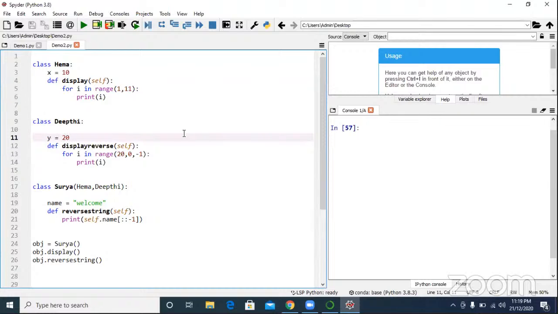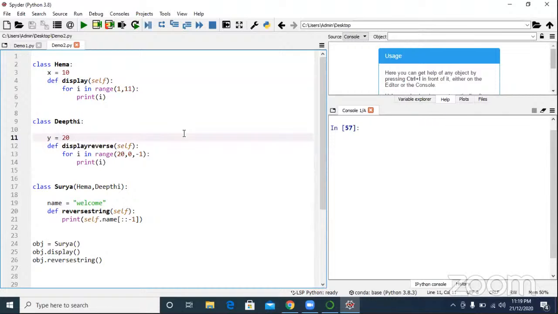Three methods: display, reverse, and reverse string. Very good. How many superclasses are there? Two superclasses: Hema and Dipti. Correct or not?